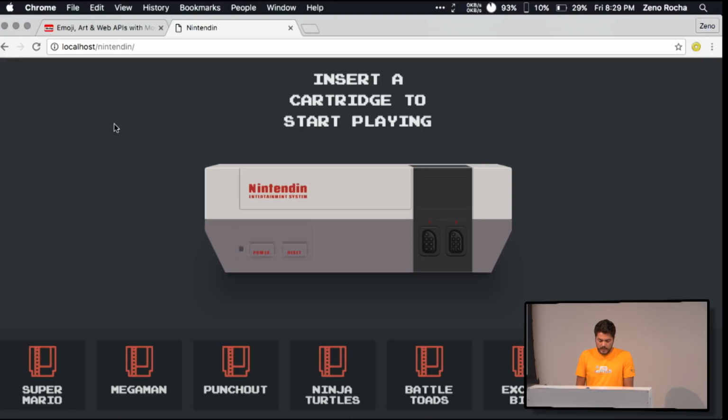I built a Nintendo emulator. I hope there's no lawyers in the room because I can probably get sued for this. But the idea is that you can